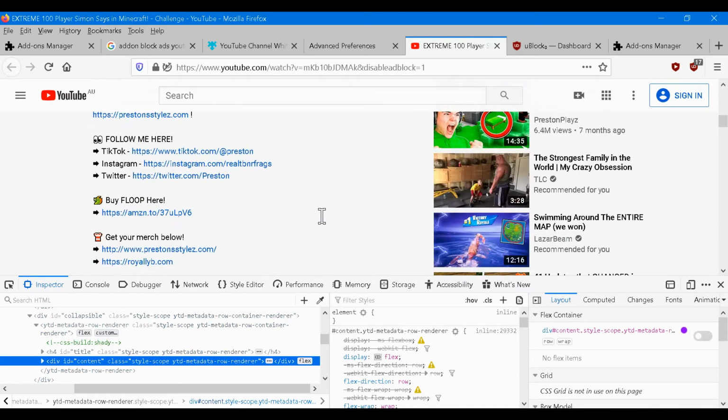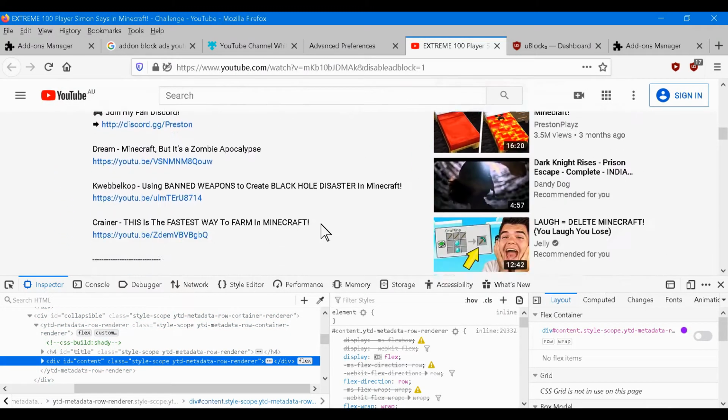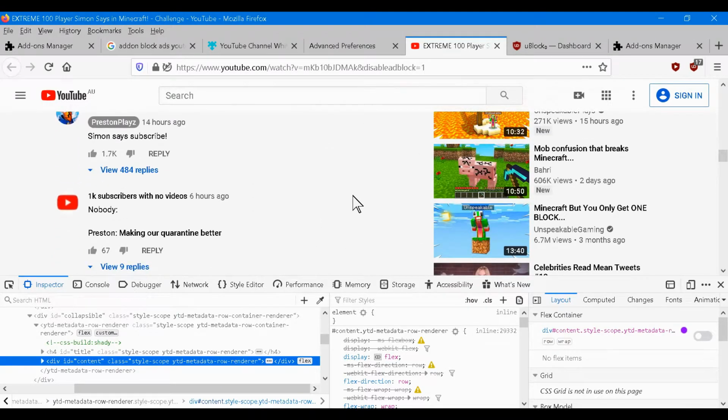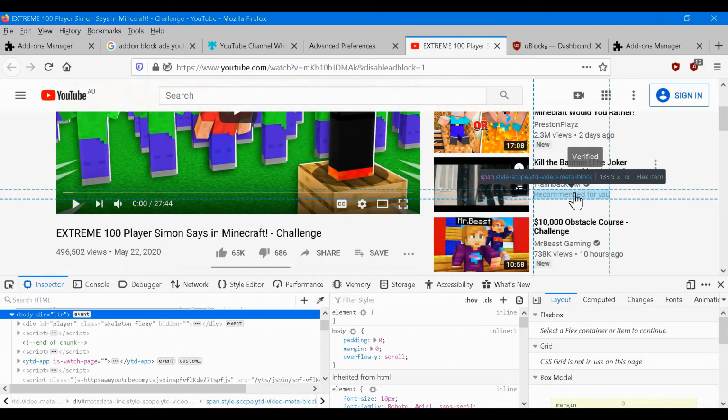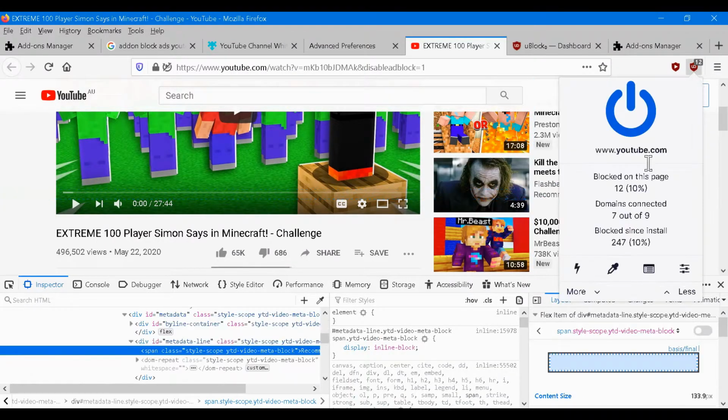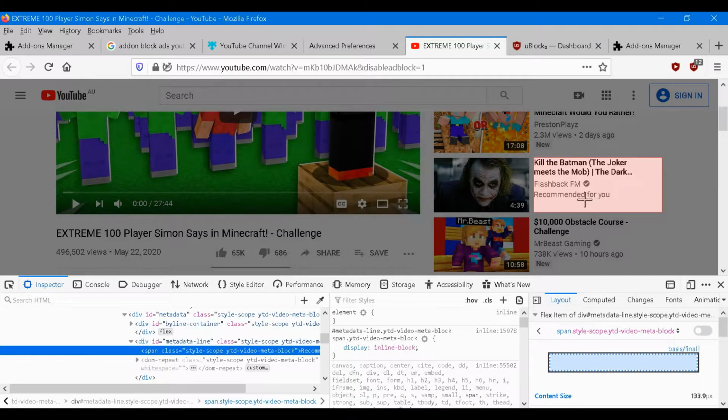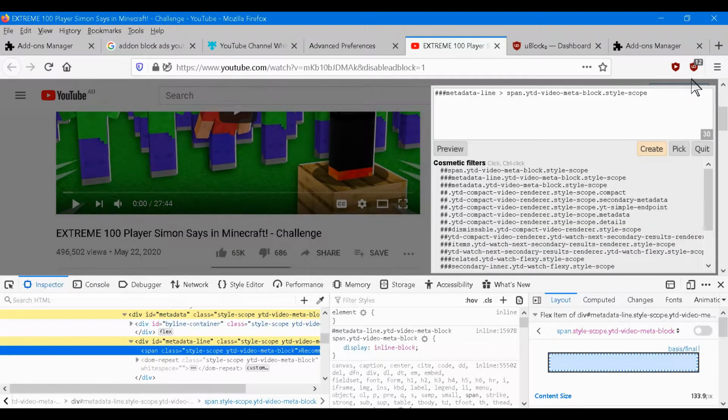So there we go. It looks basically like normal, doesn't it? And we've started to get rid of all this. Inspecting the element of "recommended for you" is not the easiest way. Instead, select it via the blocker. "Recommended for you" has that in there, so we'll cut that,